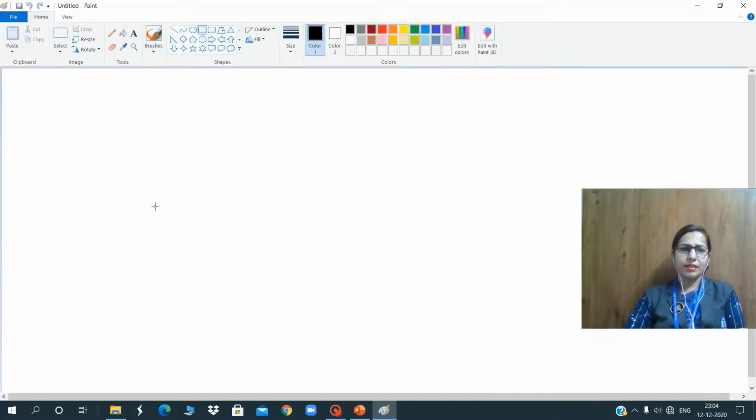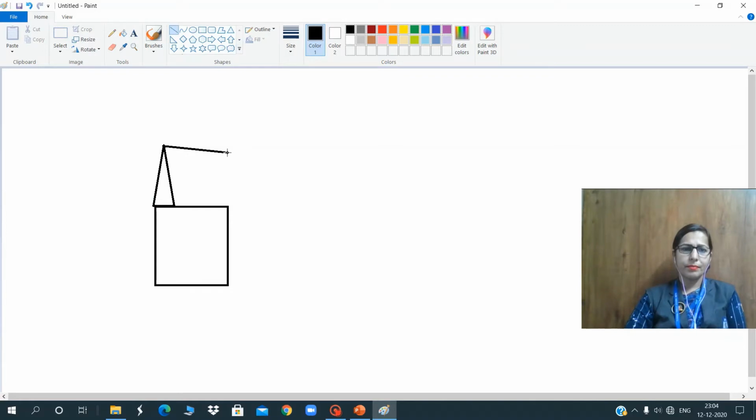I am drawing a picture of a hut. After drawing this picture you have to save it.